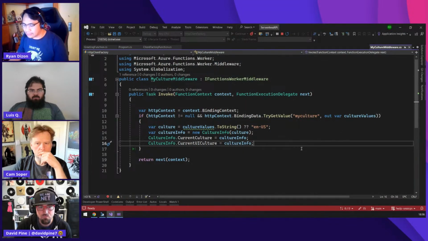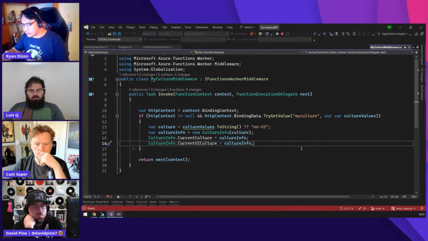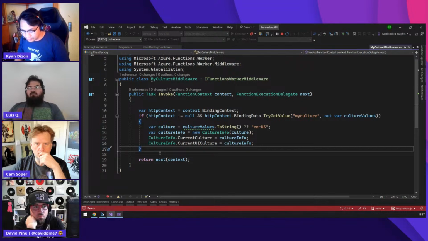So we are getting the value of my culture query string behind the scenes, and that will be applied to your Azure function app. Imagine if you have different functions and you want to apply some kind of computation or calculation here, you can add it here.